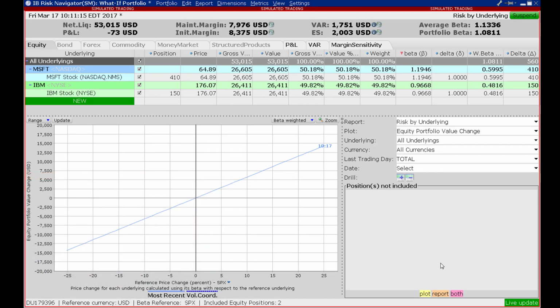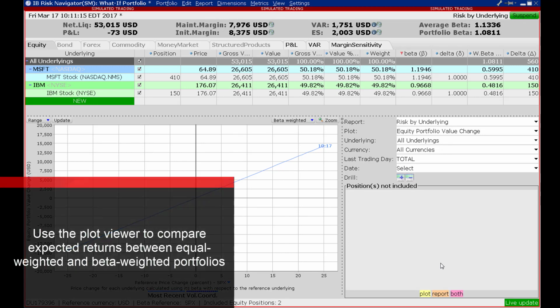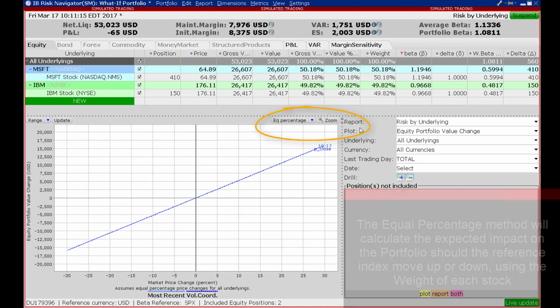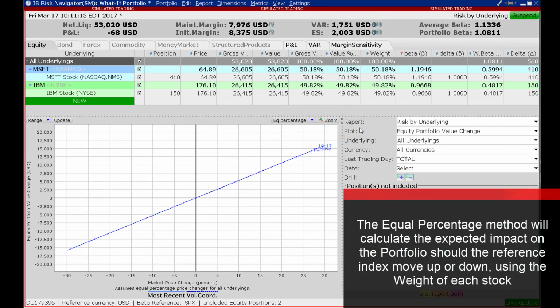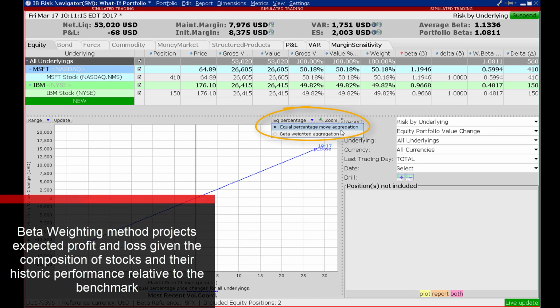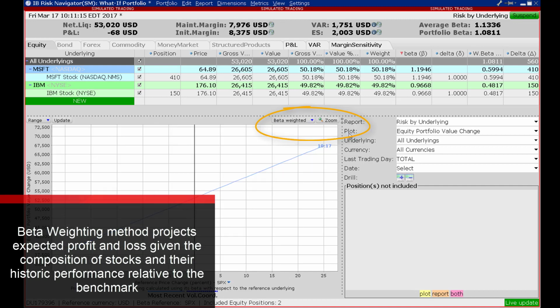You can view the expected change in the value of your portfolio from the plot viewer, selecting either beta weighted or equal percentage move aggregation. The equal percentage method will calculate the expected impact on the portfolio should the reference index move up or down using the weight of each stock. By contrast, the beta weighting method projects expected profit and loss given the composition of stocks and their historic performance